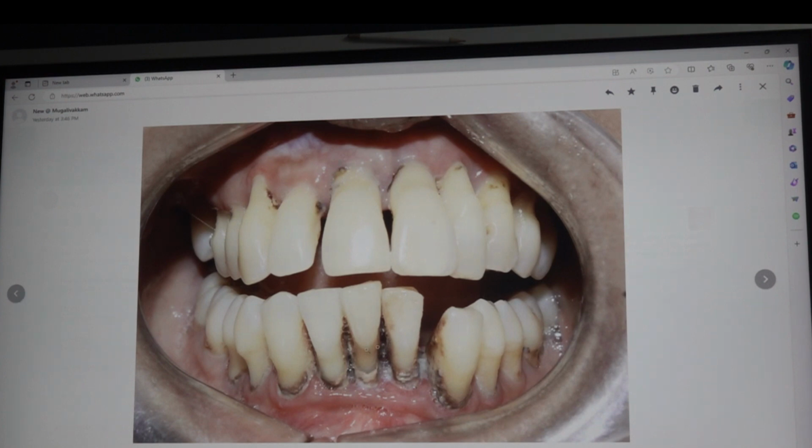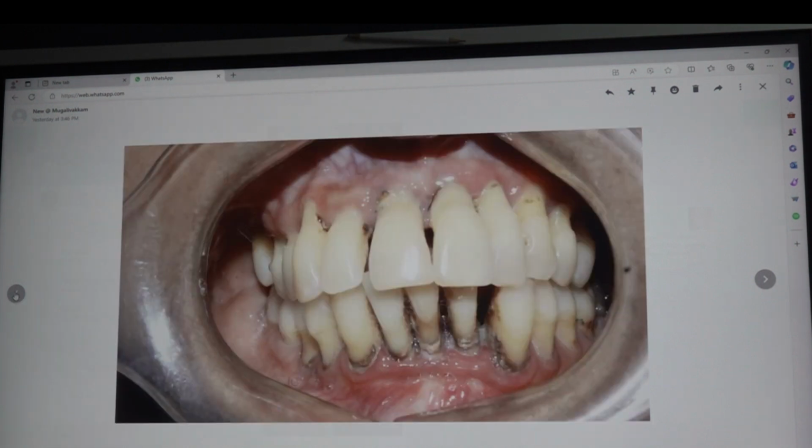Mostly in this kind of situation there won't be much bleeding because the gum has shrunk down, it has receded. If the gum is still present here, boggy and swollen, then in those situations we see a lot of bleeding. You can see the cementum abraded because of brushing. First recession might have happened because of bone loss and periodontitis, then because of brushing. We don't know whether there may be a history of any